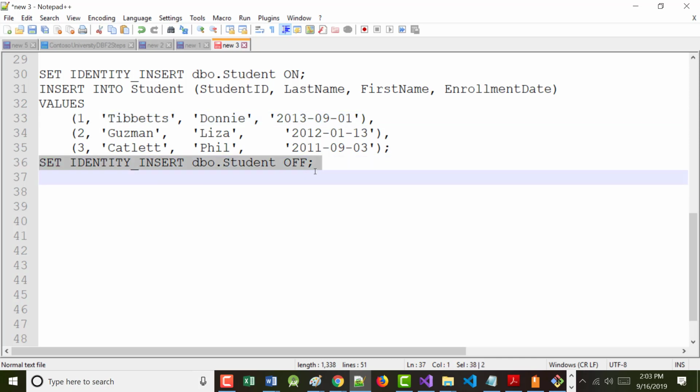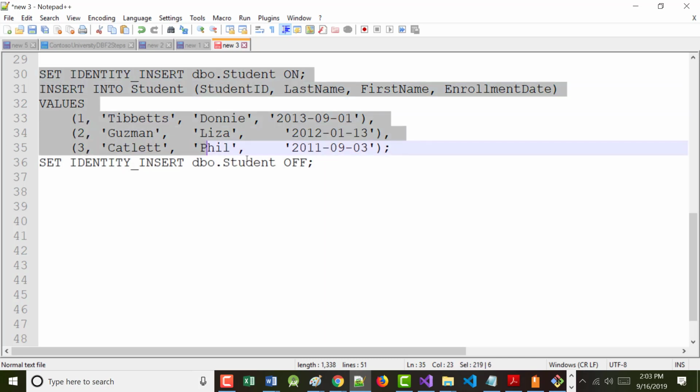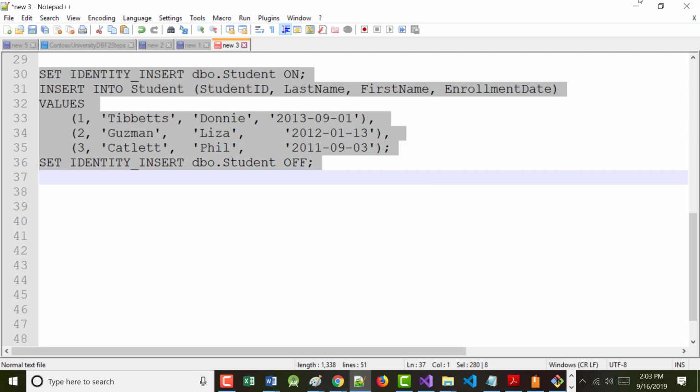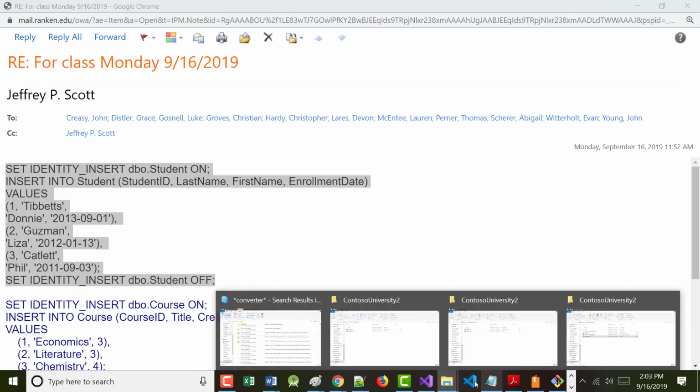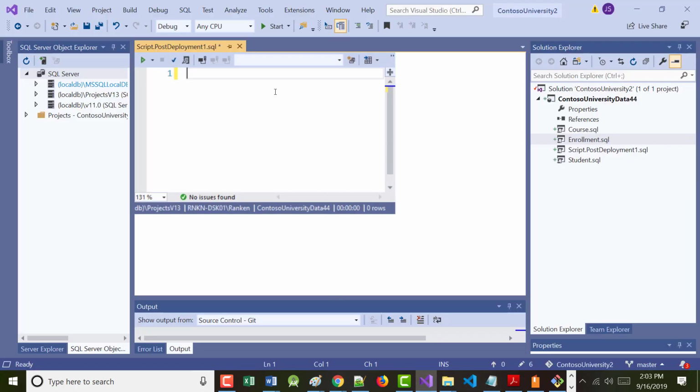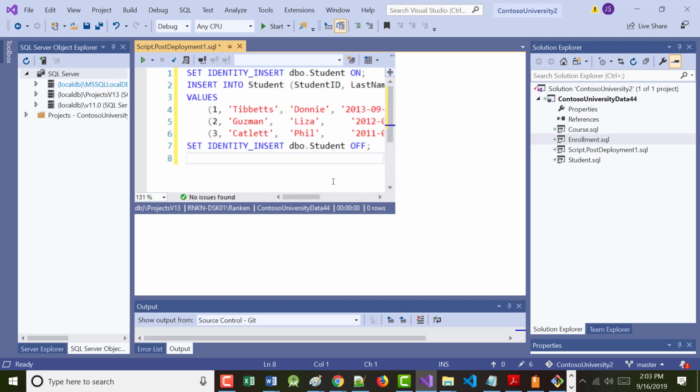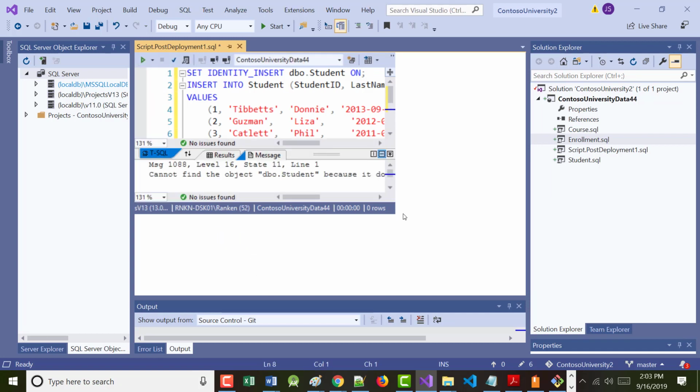Why? Because after this, we're going to do our course, so we're going to have to turn it on down here for course. So, at least for me, and I'm hoping it does for you, when I grabbed all this, copied it to the clipboard, went back into here, and pasted, all right, and put it in, okay, and then I clicked the button here to update. I got a message, cannot find dbo still. Oh my goodness. Okay.